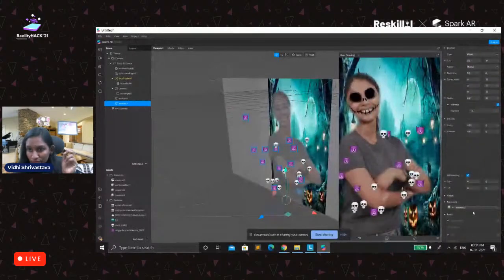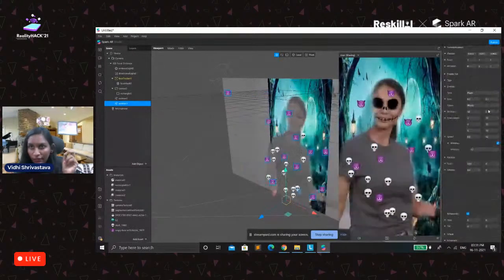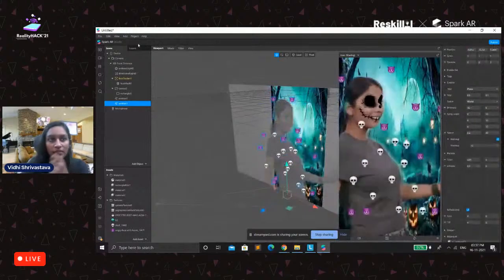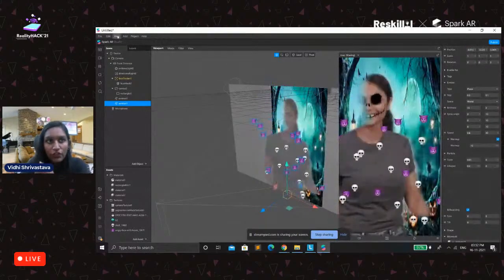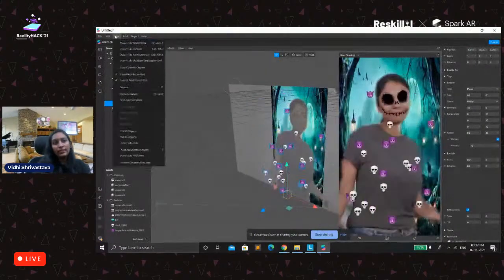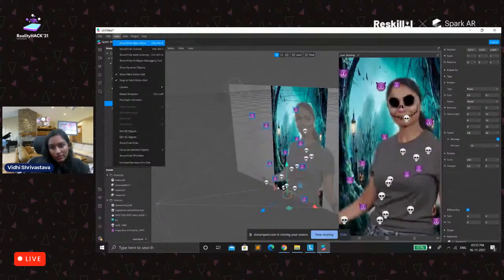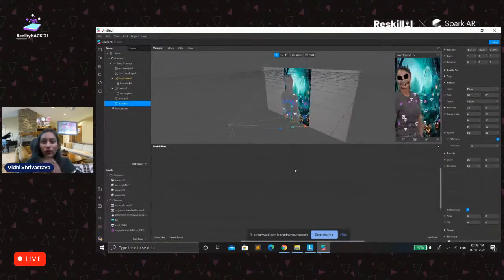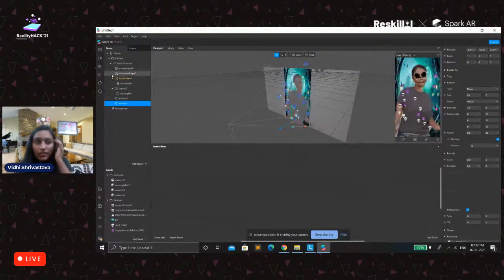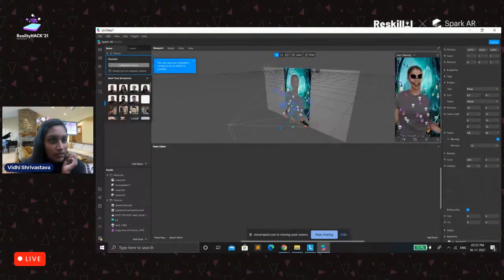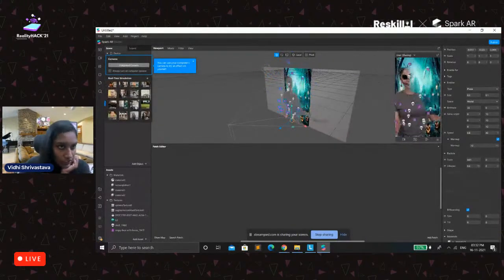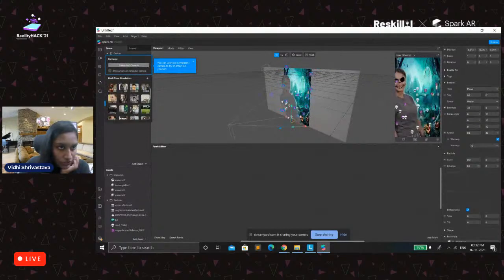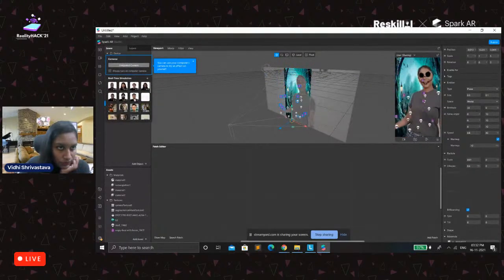And if you want, you can make this a little bit interactive. So we will go to the show and hide patch, and for example you want that if the user smiles then all these particles should appear. So let me change the real time simulation to this one.